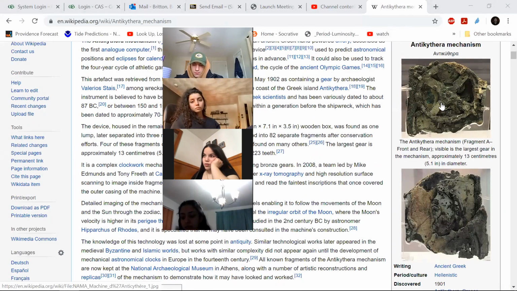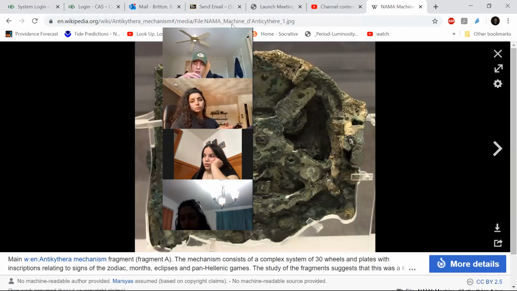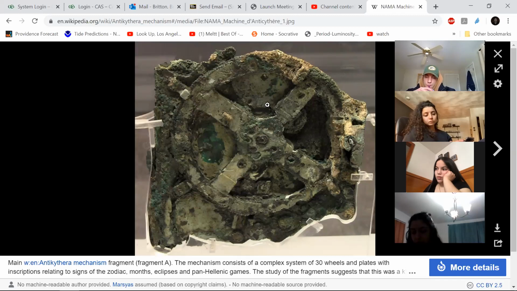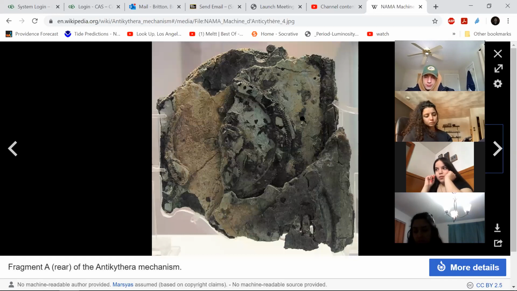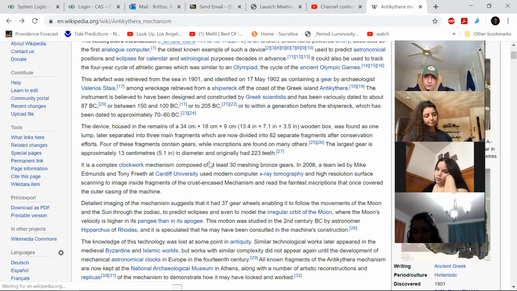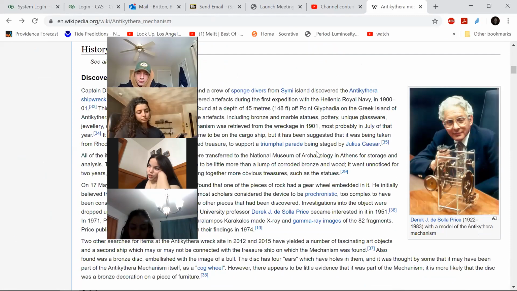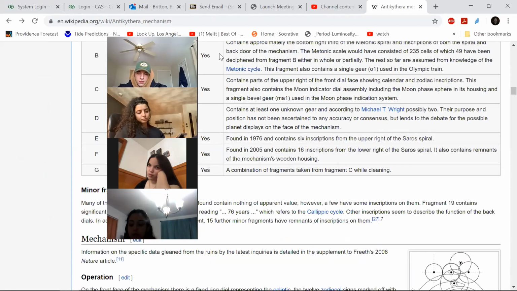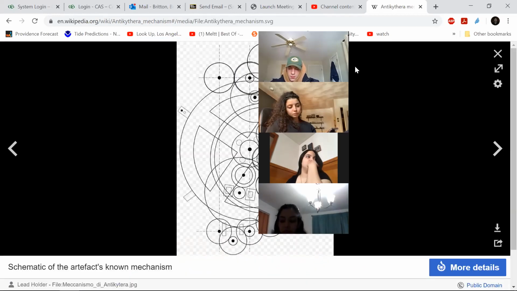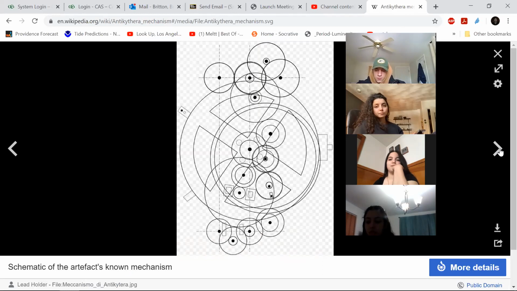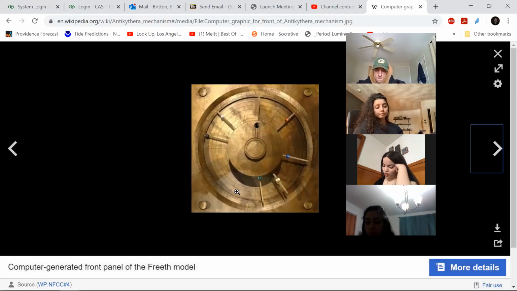When they finally unearthed it, they found this wooden box with this sea-encrusted, rusted-up mechanical clock. The amazing thing about this was that it predated any type of mechanical watch by hundreds and hundreds of years. And people wondered for a long time what the purpose of this elaborate machine was. And they eventually realized that it's probably used to map the motions of the planets using the Ptolemaic solar system. So people have tried to reconstruct the machine, showing all of the rotating disks and gears. And they even have a model of one with planets rotating around. Very cool stuff. So read the Wikipedia page on that if you're ever bored. It's very interesting.